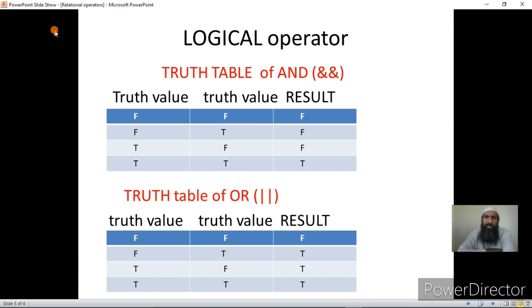Now, as AND acts on two operands, let us suppose this column represents the value of operand 1 and this column represents the value of operand 2. Since operand 1 and operand 2 are truth values, the different combinations of values for both operands are false false, false true, true false, and true true. Now AND produces a true result if both the operands are true, and it produces a false result if one of the operands is false.